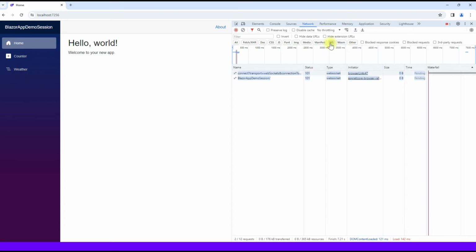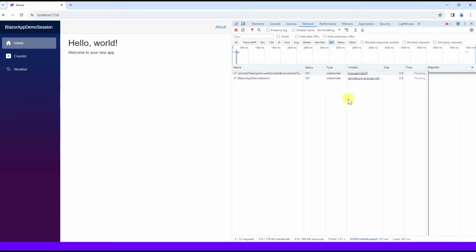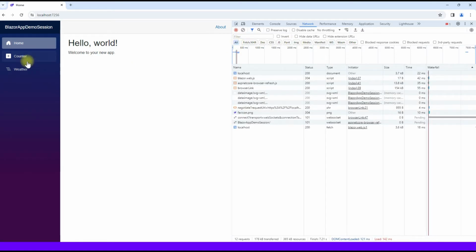Now you can see that there is a web socket connection opened to interact with the server side. And now this is about the static render mode. Static rendering is nothing but you send an HTTP request and you get an HTML response. Now we'll see the